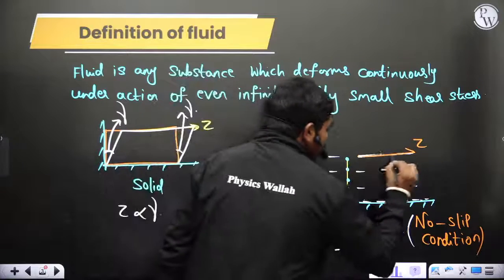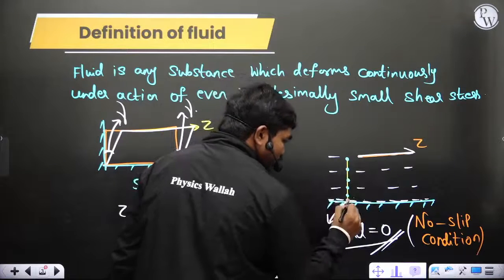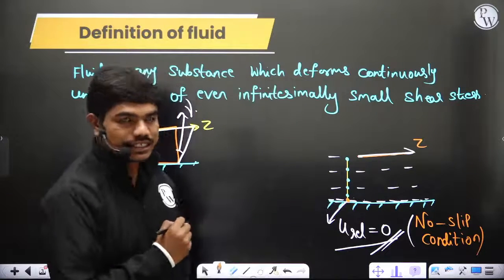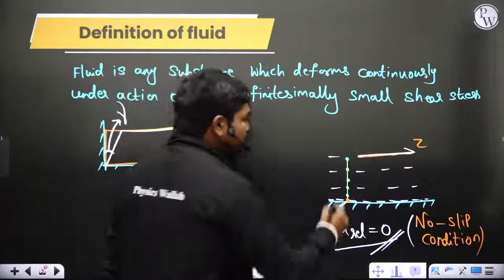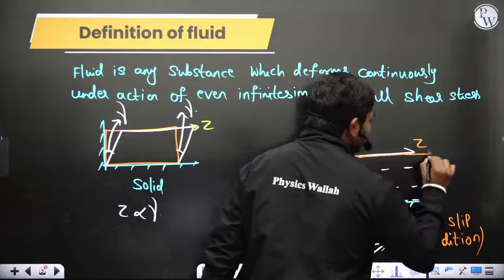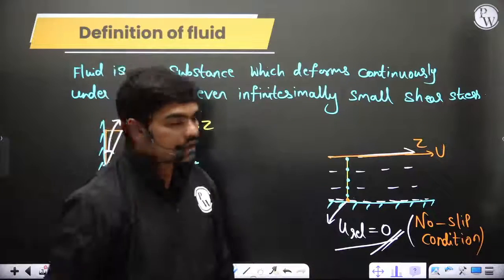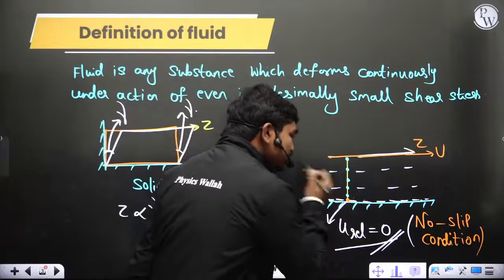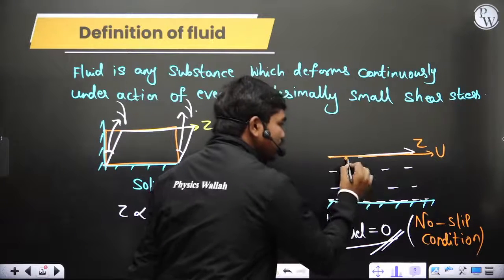Whenever you apply the shear stress tau, look, definitely this particle has zero velocity. Now let us suppose you are applying shear by moving a plate. Let us suppose you have a plate here and you are trying to pull this plate at some velocity u, and that's how you are applying shear on the fluid. Then what happens? This velocity is zero, and this velocity, because of the same condition,